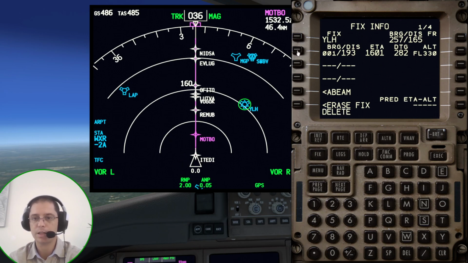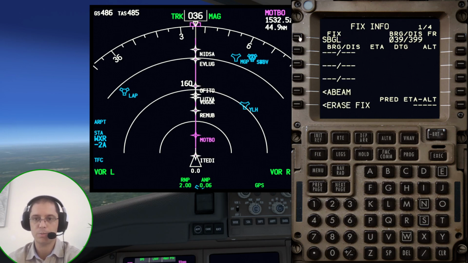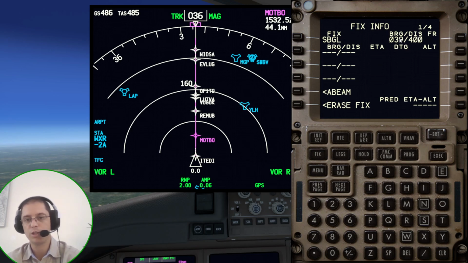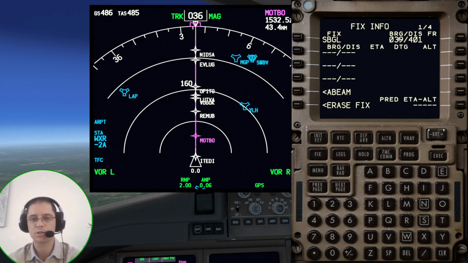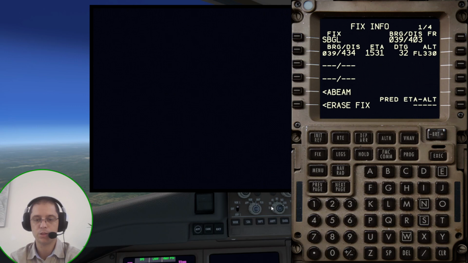Why do we use this? Because we can select a certain distance from some specific airports. Okay, I'm going to erase these, and we departed from SVGL, Galeão International Airport. We are at 400 miles on the bearing 039. Usually for ETOPS calculations, the 777 computes 1 hour of flight single engine in 434 miles. So we can set /434